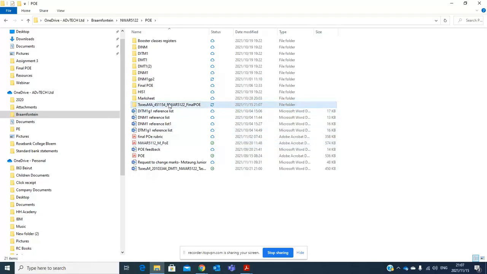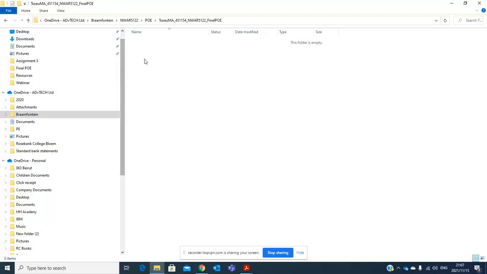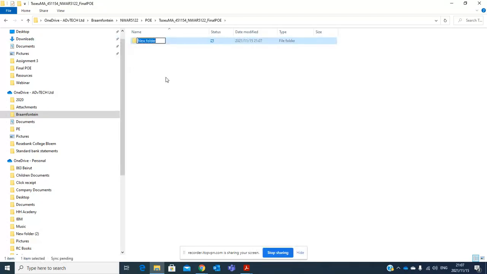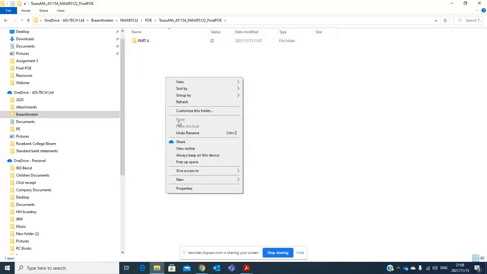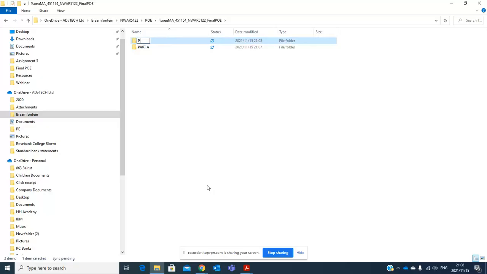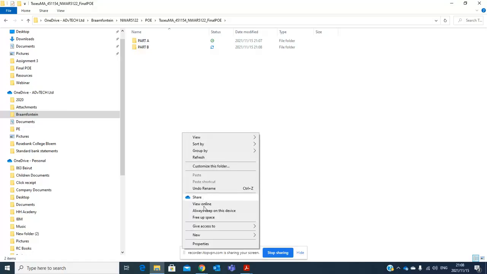Inside this folder, you will have 3 folders: part A, part B, and part C.